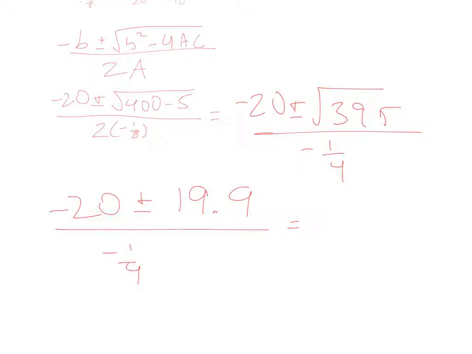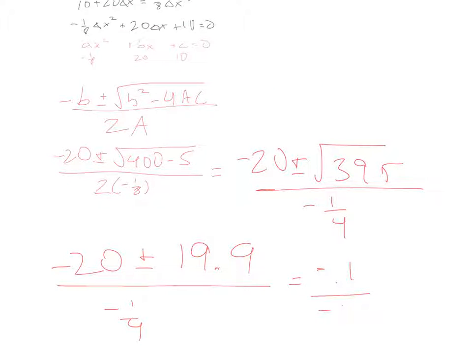Negative 20 plus 19.9 will be negative 0.1 divided by, is that? Yeah, divided by negative, did I do this right? I did. Are we going to get 2 answers? I'm going to pause. Okay, I figured out my mistake, and I messed up somewhere around right here, because the